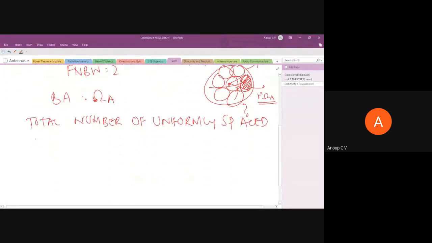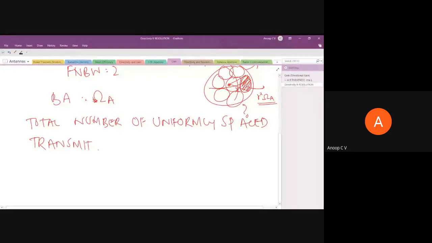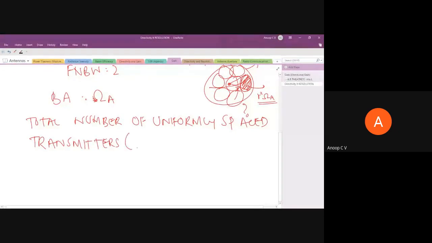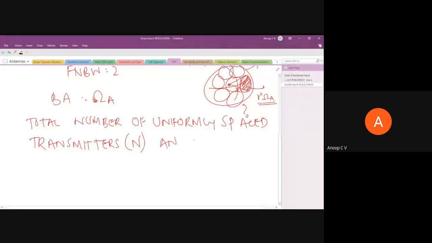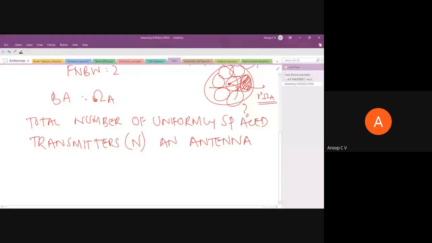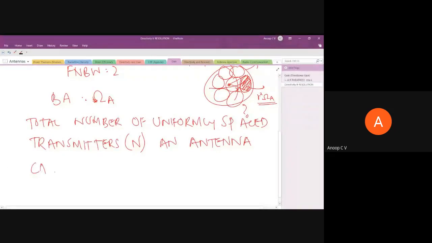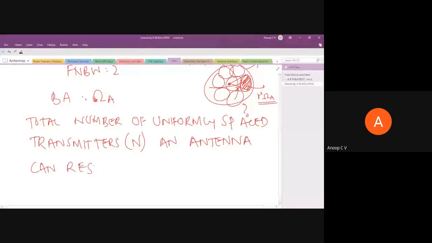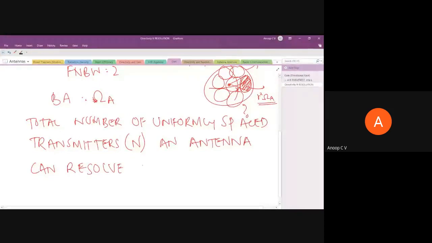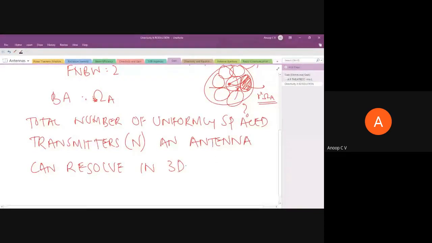Uniformly spaced transmitters, I'll call it N, an antenna can resolve in 3 dimensions will be